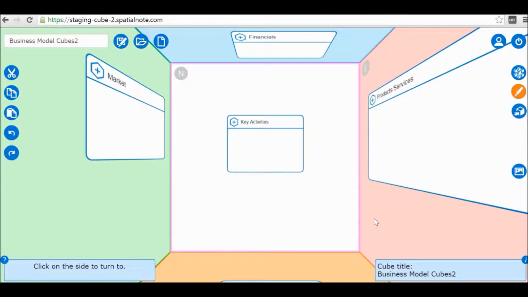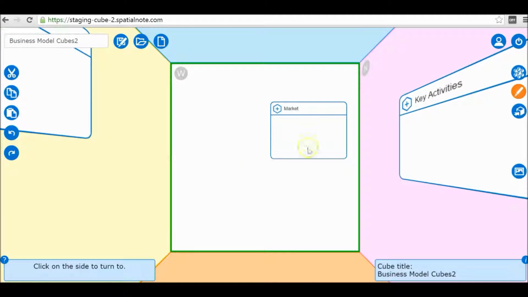Let's have a look at several ways you can navigate the structure while you do your spaced repetition rounds in SpatialNote to make it more fun, more memorable, not that boring. One of the ways that we actually looked at was working from inside. It is very powerful for memory, and I recommend doing this initially. So let's go in a different direction, and remember to have active recall all the time that you do your